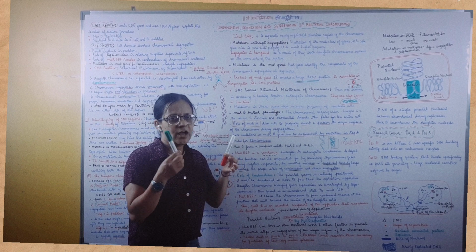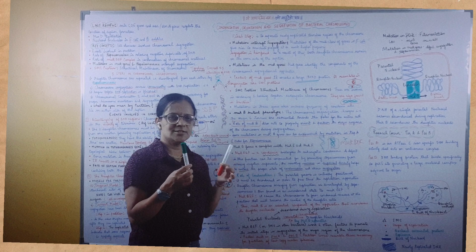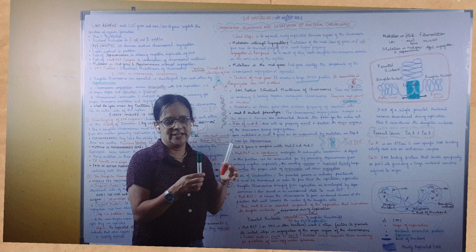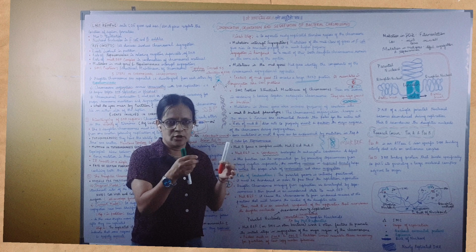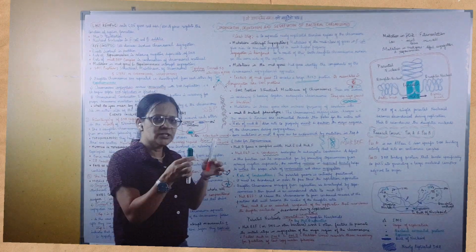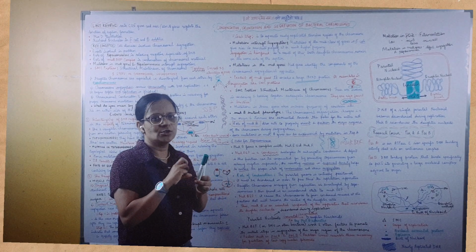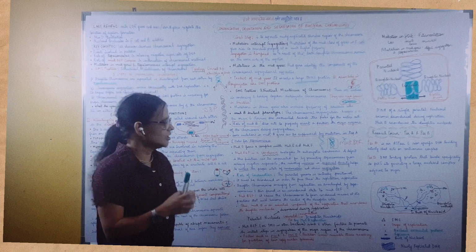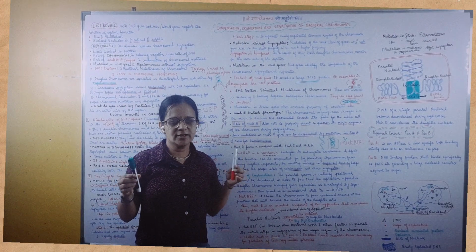Now we will have to stop the role of topoisomerases, because topoisomerase is also involved in uncoiling the DNA. That means it is involved in relaxing the supercoils, the negative supercoils, or uncoiling of the DNA. So if you stop its function, automatically you have the condensation of the DNA taking place, right? So you can say that these two genes are contradictory to each other.